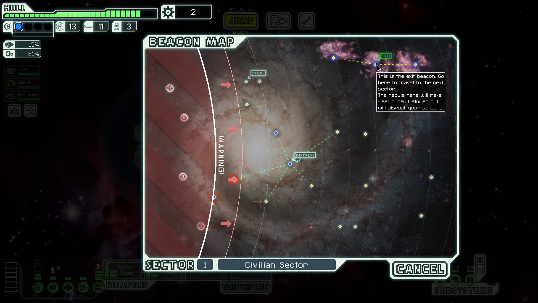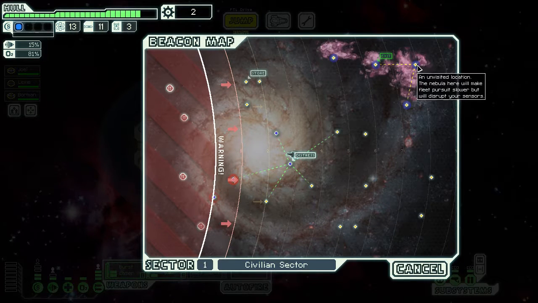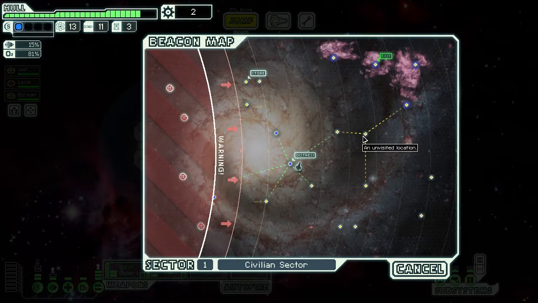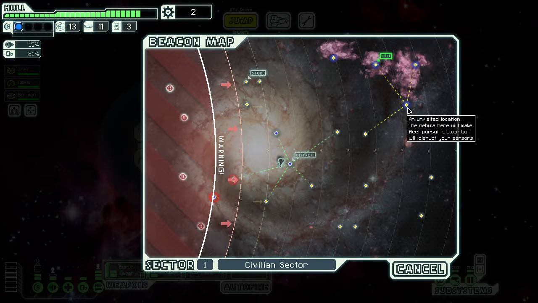So this exit beacon is connected to by these 3 beacons, which means at some point I'm going to need to go to this beacon right here. This beacon is only connected to this beacon from outside of this area. This beacon is connected to this beacon and that one. So one possible route is 1, 2, 3, 4, 5, 6,